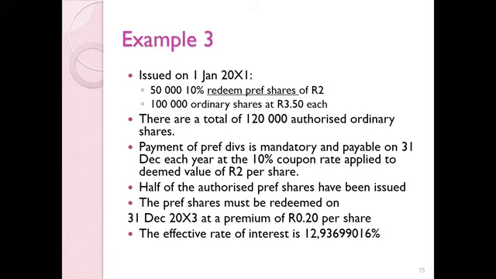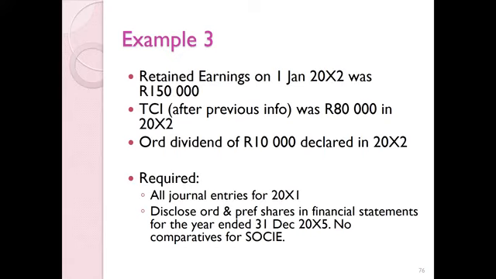We're also told in this question that the retained earnings on the 1st of Jan 20X2 was 150,000 Rand. And the total comprehensive income after the previous information was 80,000 Rand in 20X2. There was also an ordinary dividend of 10,000 Rand declared in 20X2. You're required to provide all the journal entries for 20X1 as well as disclose the ordinary and preference shares in